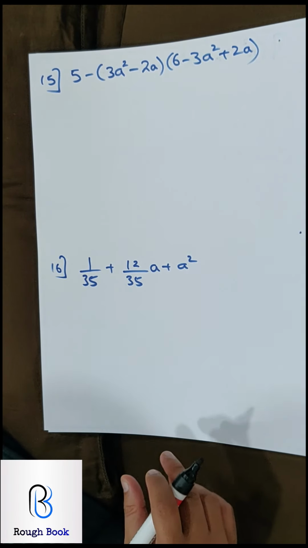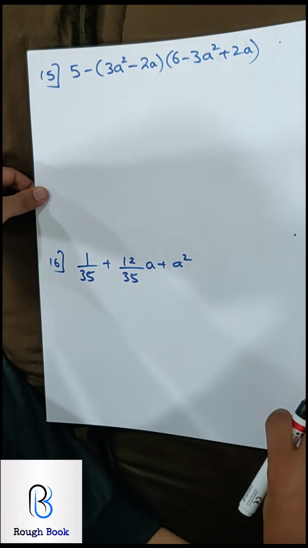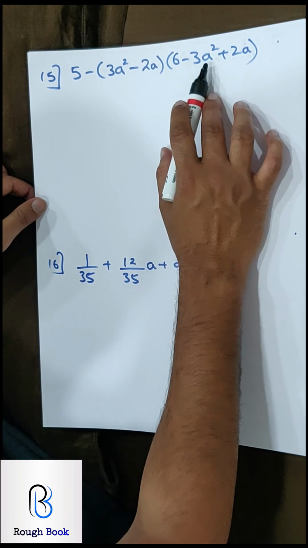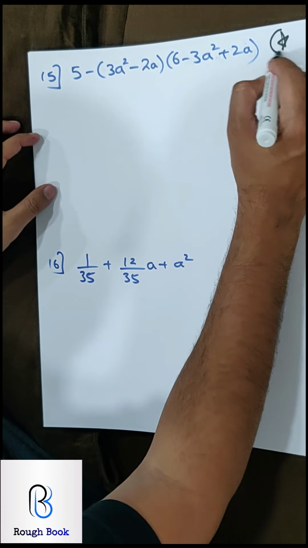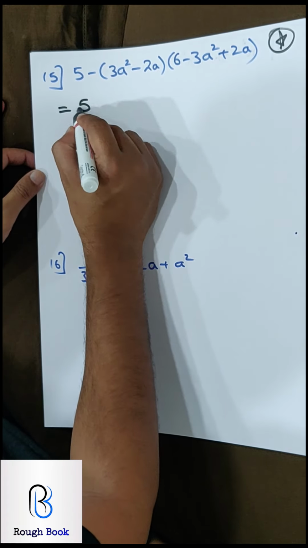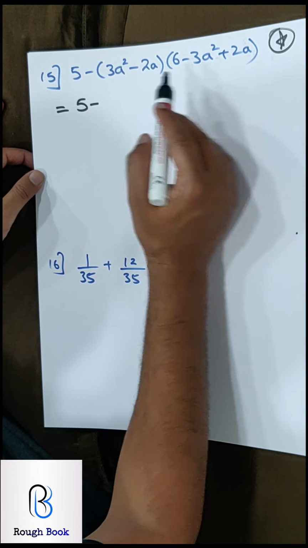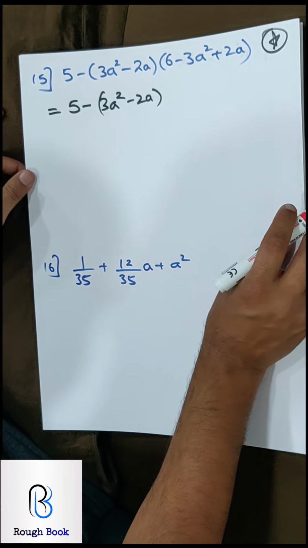15. Similar type but slight variation again over here. So they are tricking us again. 3a square minus 2a, 3a square plus 2a. Very important question from exam point of view, put a star. And let's see now how can we work this out. So what I shall do is I will first pull minus common within this house. Yeah, how? Don't start, first see, understand, then I'll give you time to go ahead.